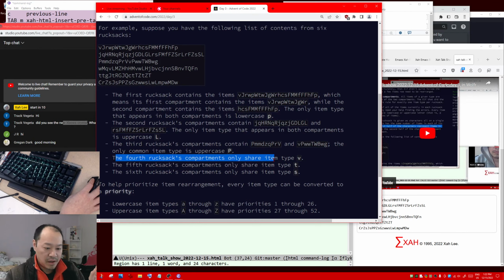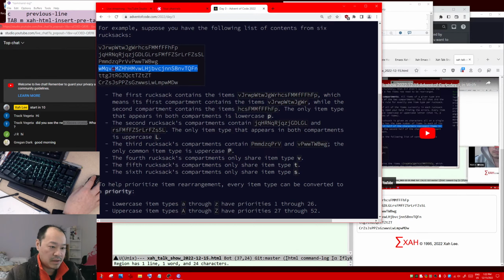The fourth rucksack's compartments only share item type V. Okay, that's the fourth one. It shares, wait, the fourth one, what? 1, 2, 3, the fourth one is this one, item V. So V is here, and also appears here and here and here. So it happens 4 times. But